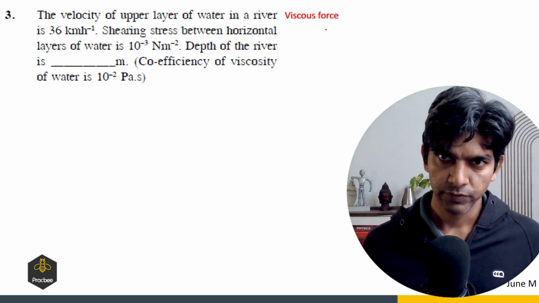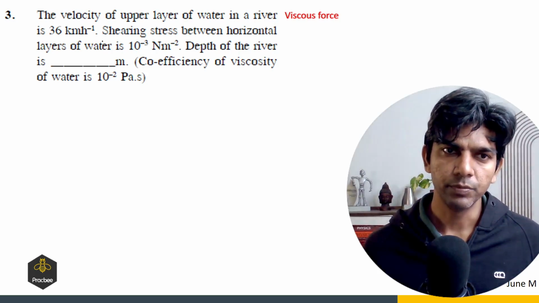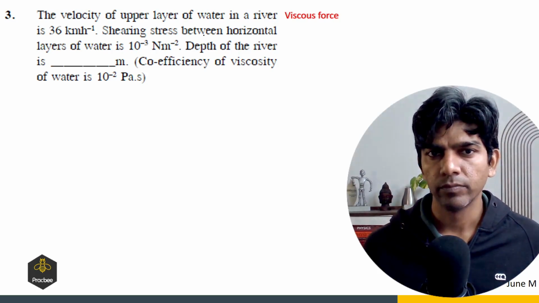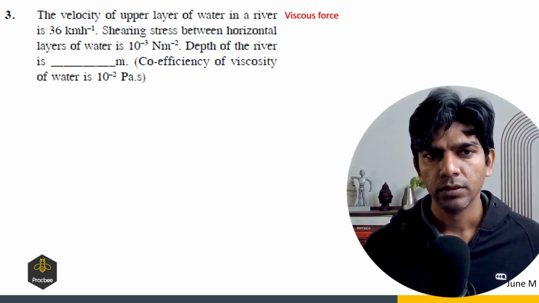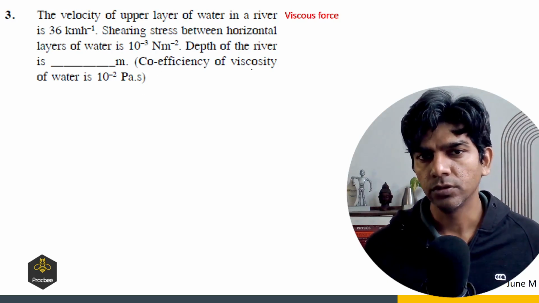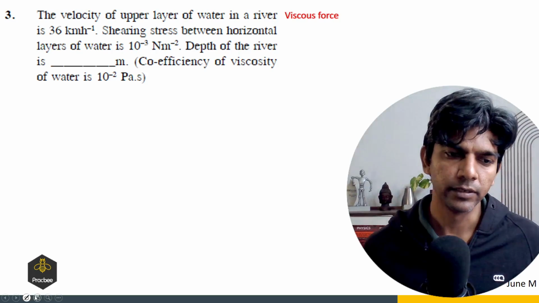Okay, next concept is viscous force. The velocity of upper layer of water in a river is 36 km per hour. Shearing stress between the horizontal layers of water is 10 raised to power minus 3 Newton per meter square. Depth of the river is how much? We have to find the depth of the river. Coefficient of viscosity of water is given as 10 raised to power minus 2 Pascal second. So here